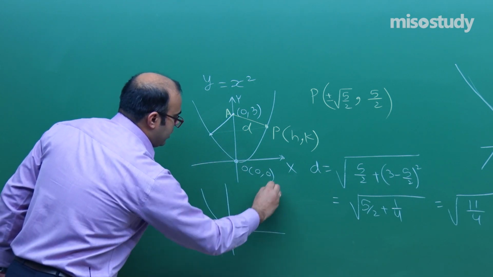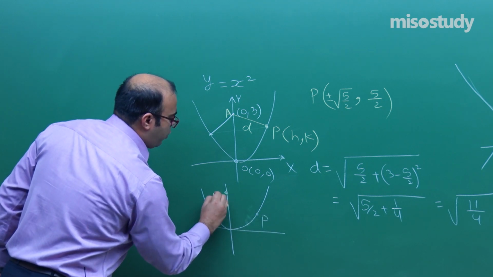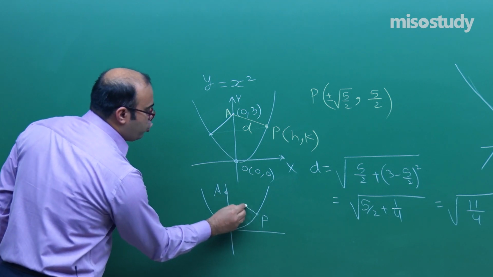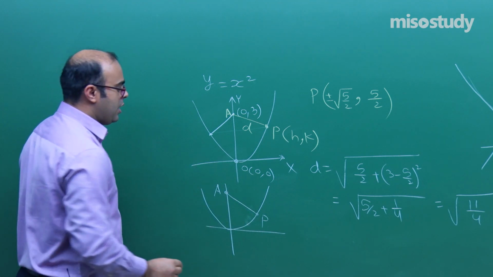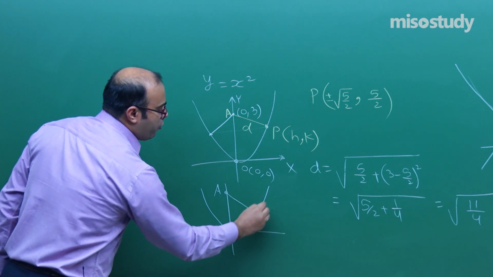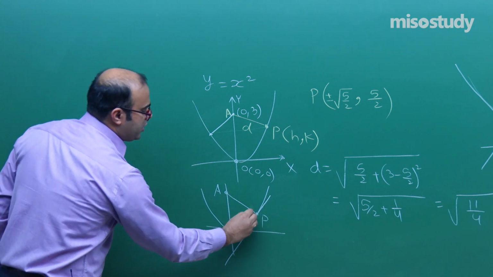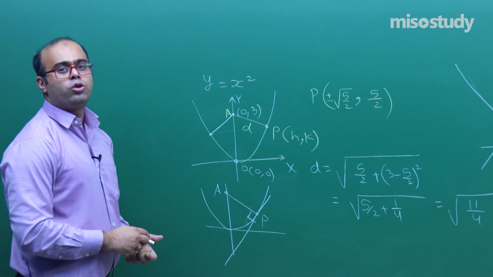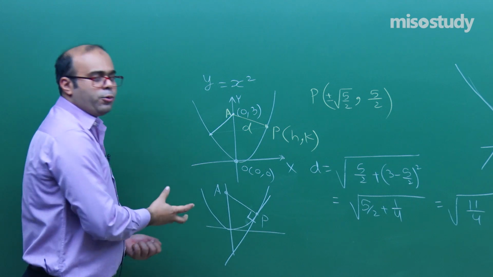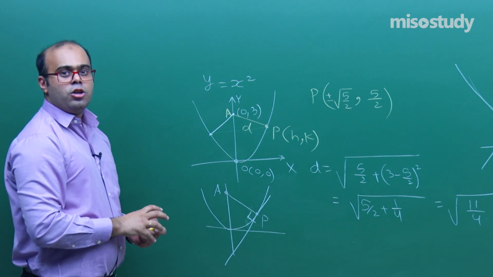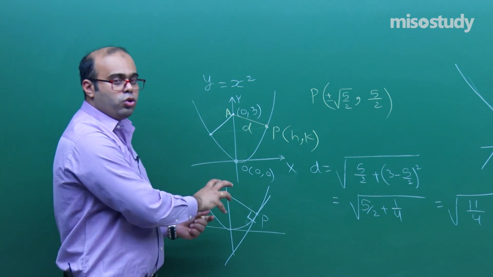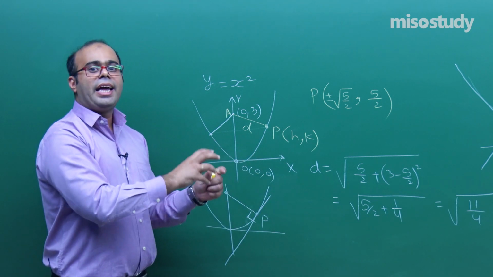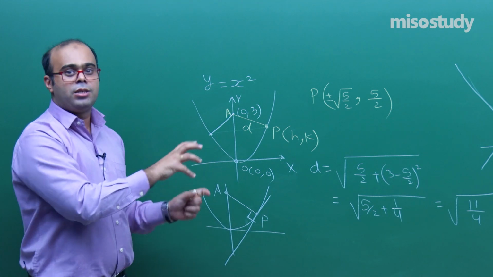If you say that this point is at the minimum distance from this point, it actually means that the line joining these 2 points is normal to this curve. If you draw a tangent here, this tangent and this normal will be perpendicular to each other. So by using that concept also, you can solve this question. We will see how we can solve the same question, and we will get the same answer by the tangent normal method. Here we studied by the maxima minima method.